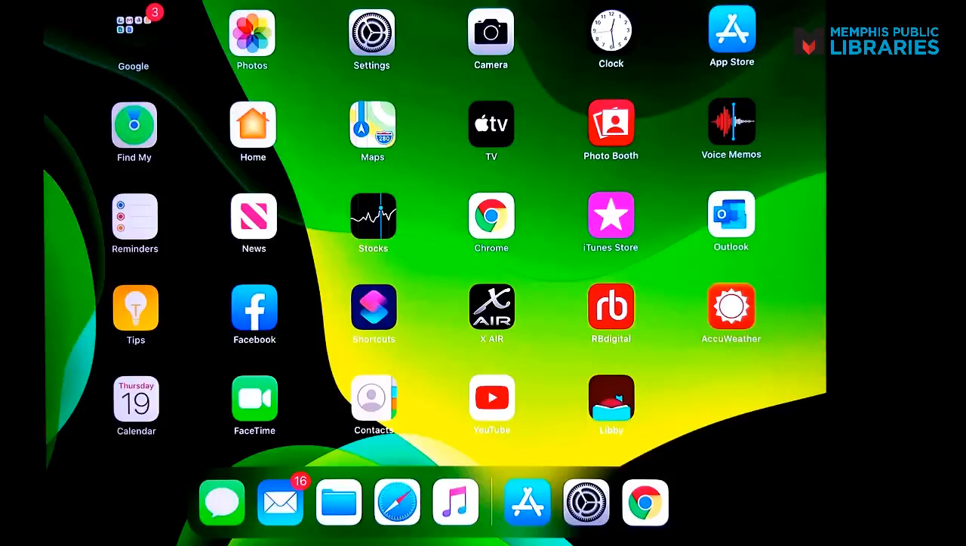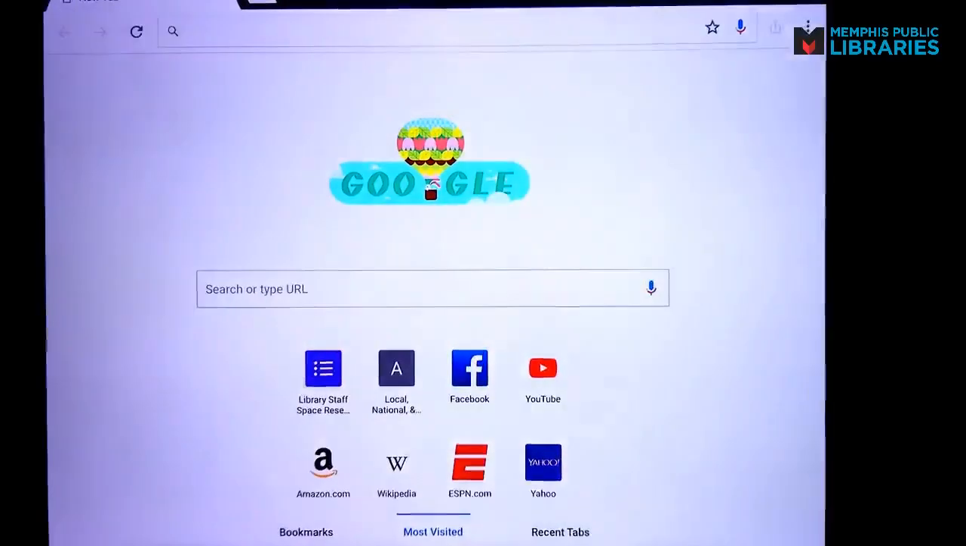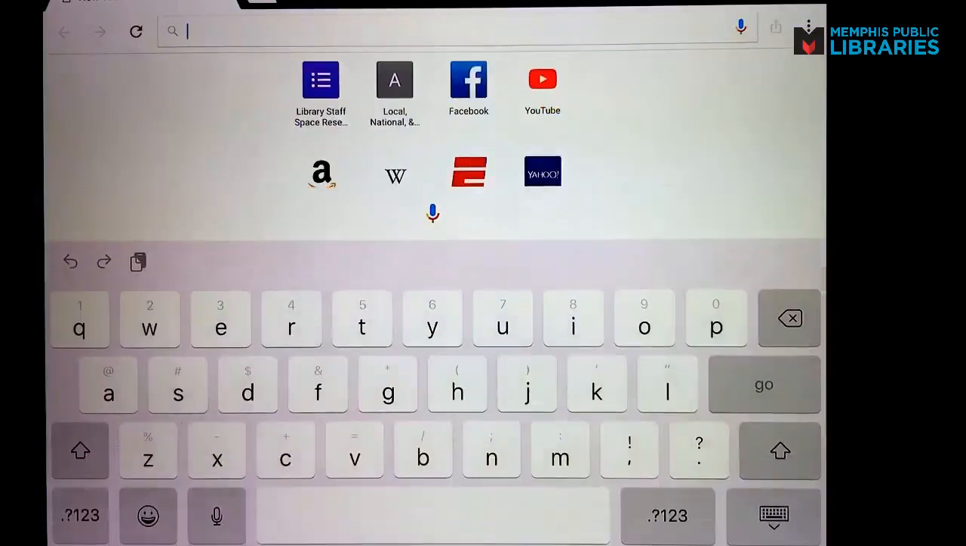In the event that you don't already have a library card, we want to make sure that you will be able to take advantage of all of our services as we continue through this class. So let's go ahead and get started by going into our web browser. If you're using an iPhone, you'll probably have Safari on there, but I'm going to use Google Chrome just for the sake of it. And to get to our library's webpage, we are going to go to Memphis